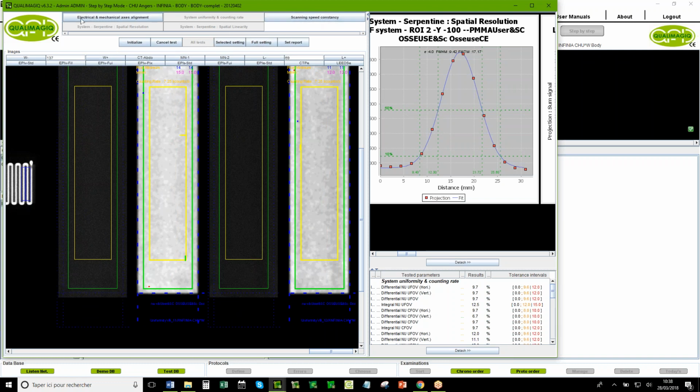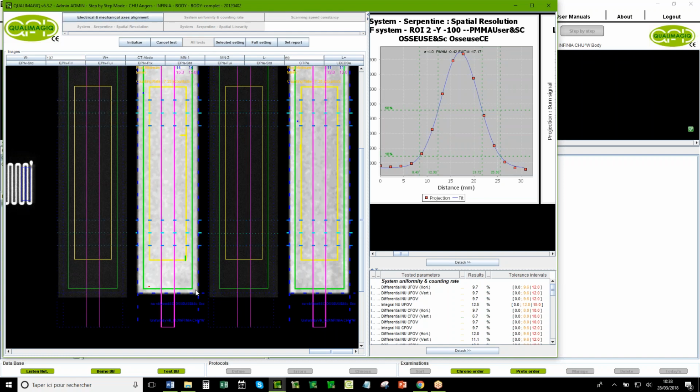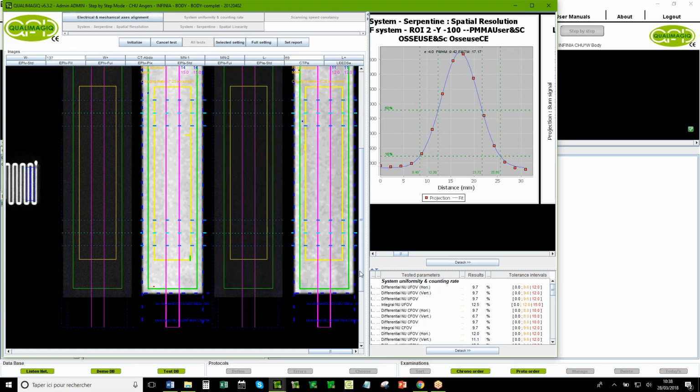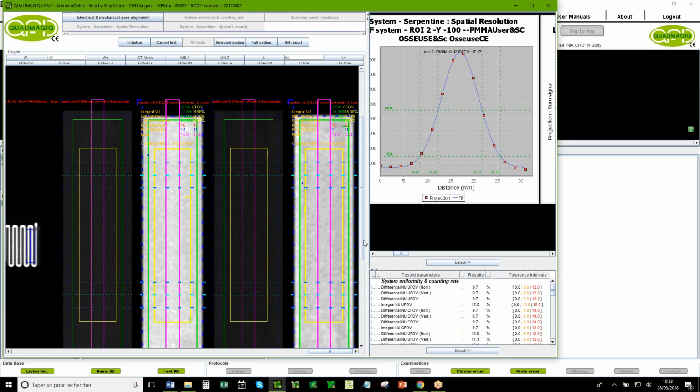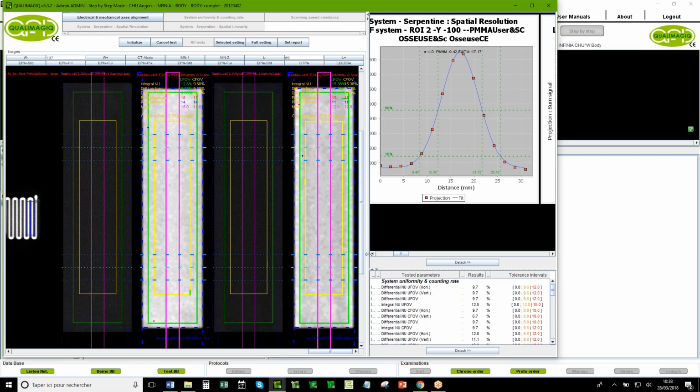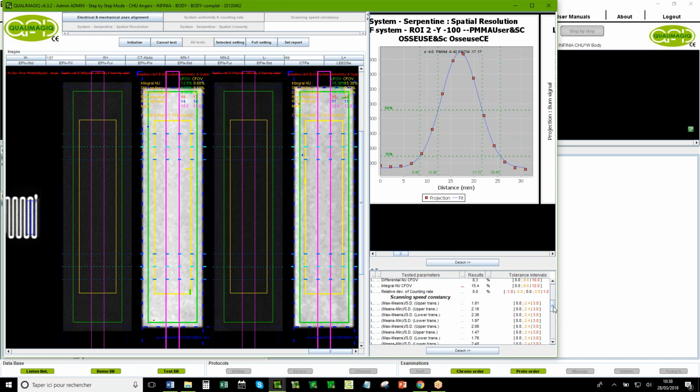So now a specific test for the whole body mode is to measure, when you move the camera or when you move the couch, to be sure that the speed is uniform. So for that, we have a measurement of the signal in the purple region. If the signal increases or the signal decreases, it is because the speed is not constant. So it's what we do.